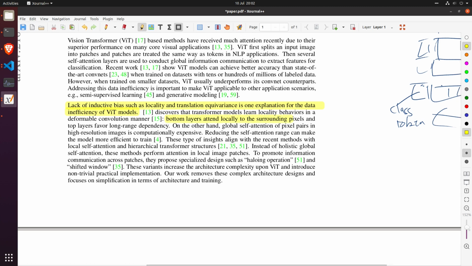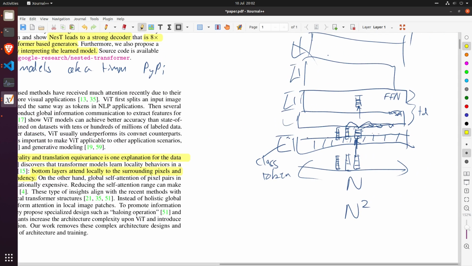For me, this is one of the biggest key motivations for why you would do what they're doing in Nest, and other papers that look at hierarchies and try to replicate this idea of a hierarchy: the bottom layers attend locally to the surrounding pixels, and top layers favor long-range dependency. So what they're saying is, even though this vector here has the ability to do these interactions with all the other positions,